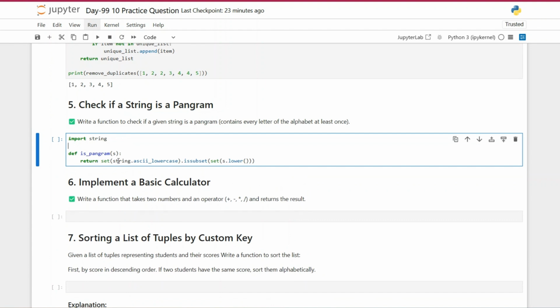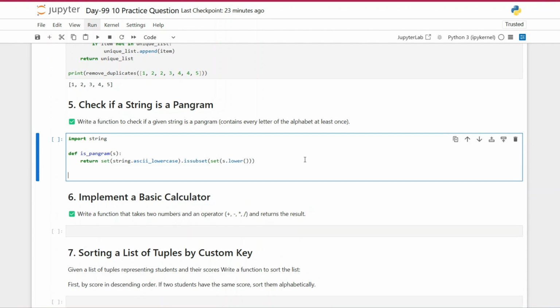So this is basically what I'm doing. I have my set, and in that set I have my string in lowercase, and it's checking whether string.ascii_lowercase is a subset of my s. What is my s? It's here, also in lowercase. So this just gets all the alphabet for me in lowercase, and then checks if it is a subset of my string. So let's have a string that we know fully well contains the entire 26-letter alphabet,